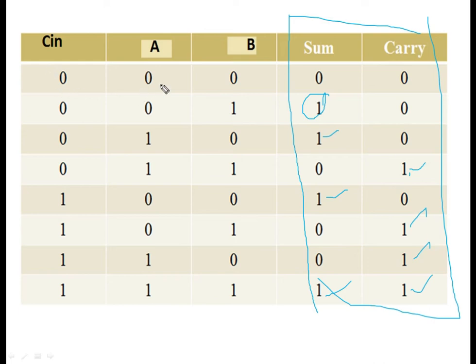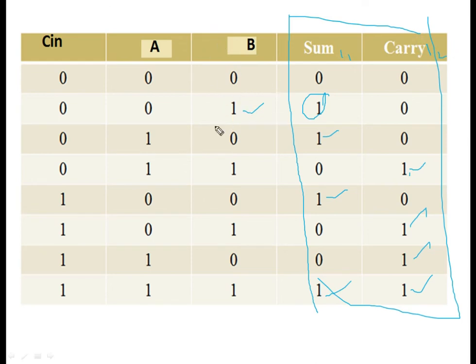It means in the 0 0 condition your output will be 0. When you are applying the initial, default condition, both loads are 0 only. In the default condition, you are not touching the circuit, but you are applying only the B condition. Means you are touching the second switch, then you will get load 1 on. You can think that this is load 1 and this is load 2.